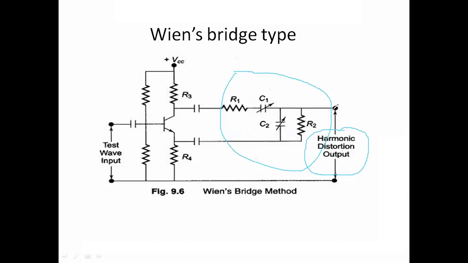Those are the second harmonic, third harmonic and fourth harmonic components. This output is connected to a meter, and that meter measures the actual total harmonic distortion component in terms of the RMS value. As seen in the previous slide, the meters can be constructed using the thermocouple type, and they are based upon the square law.